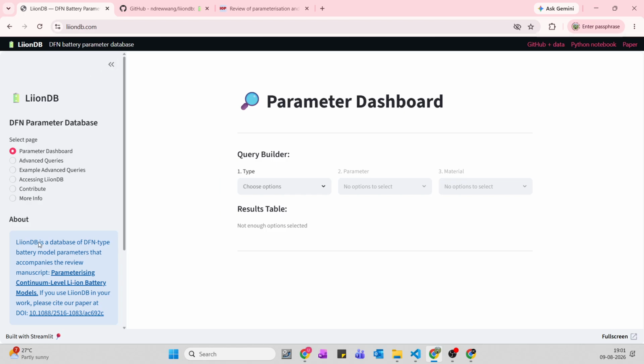So this is where we are. It's a very nice, easy to use Streamlit app. Within it, you can find the parameter dashboard. So on the left, you can see the parameter dashboard, which we'll go through. Then advanced queries,